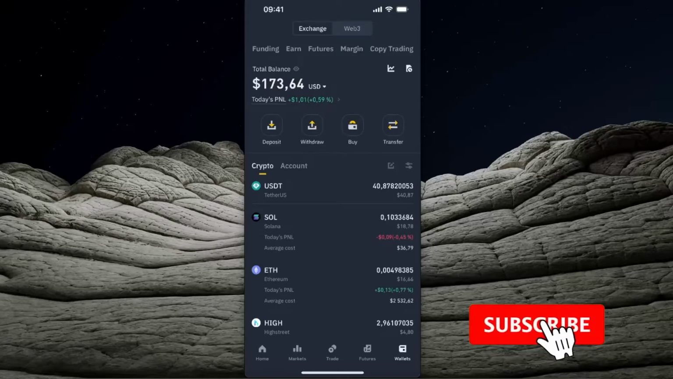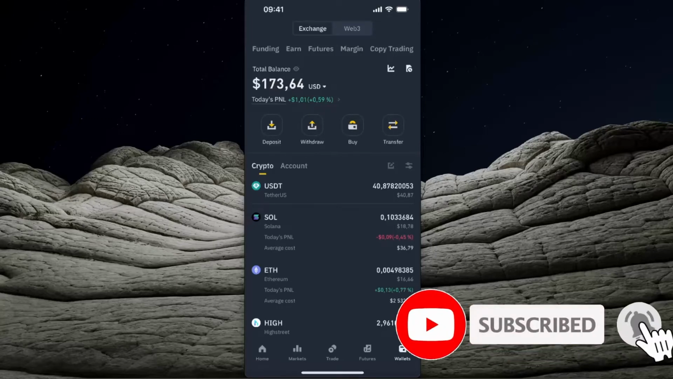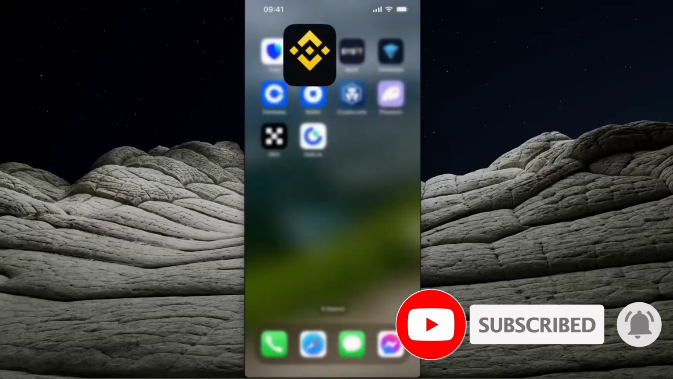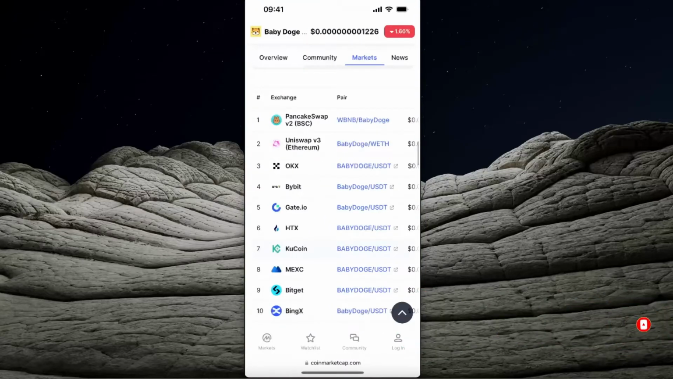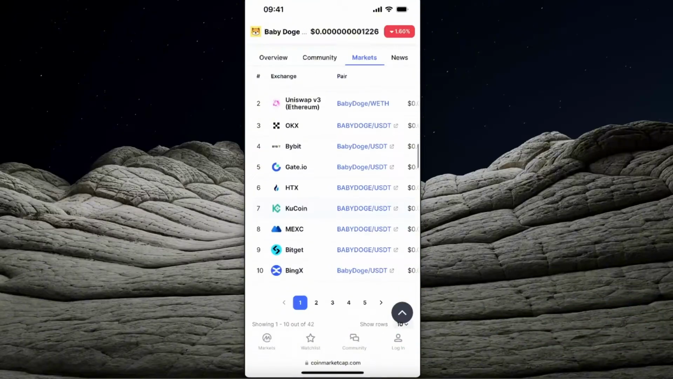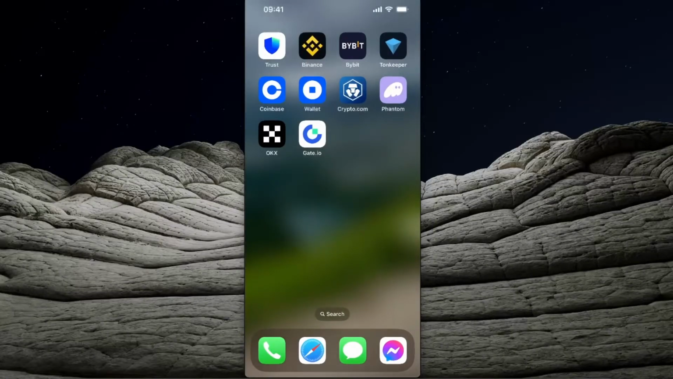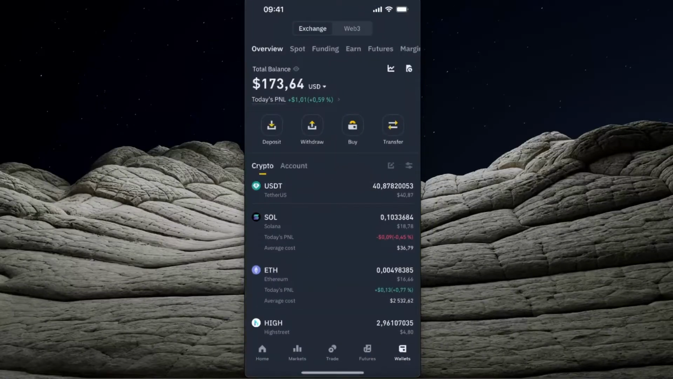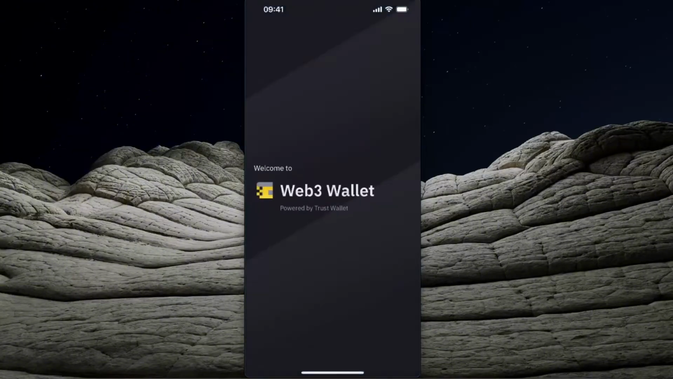Hello guys, in today's video I'm going to show you how you can buy baby Dogecoin on Binance. So to buy this coin, as you can see, it is not on Binance, on the markets, but you can still buy it. Once you are on your Binance application, you want to click Web3 Wallet, and you want